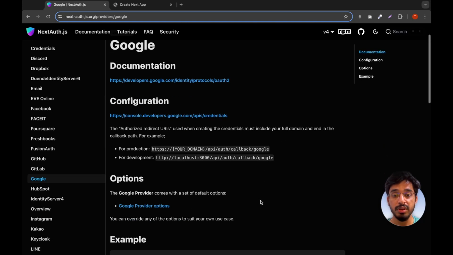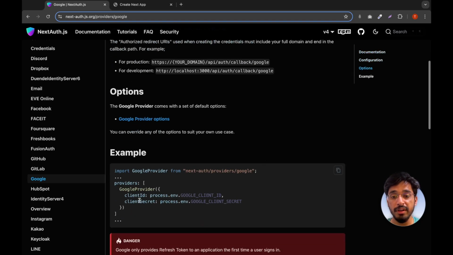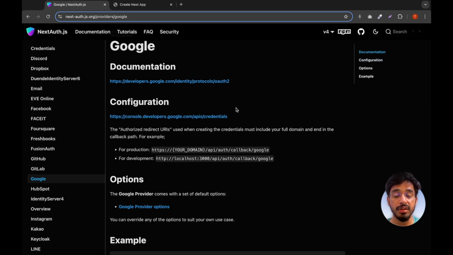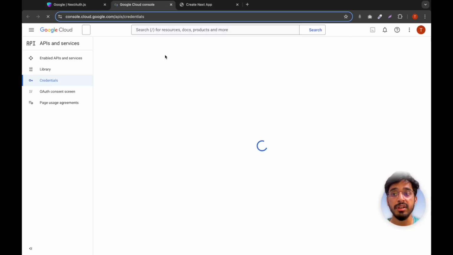It is going to give us some instructions. The first step is we just need to register our project, our Next.js application, on Google console. Once we register, we will be getting a Google client ID and a client secret. Using those credentials, we will be able to implement the login and register features within our application. They have given us some instructions on how we can use the Google provider. They have said that first we need to register our website on Google Cloud. So we can just go directly to this link and it will take you to this